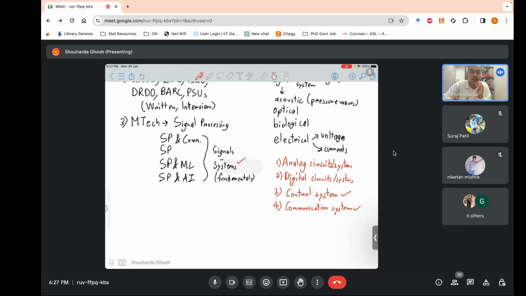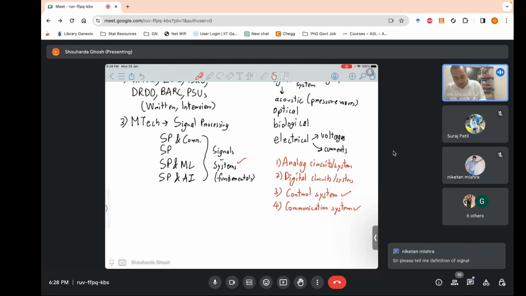Most of the signals and systems questions are such that you can do them without a calculator. In some cases these are trivial calculations, but control systems are a bit intensive. So that's from an exam perspective. And if you talk about research, I would say that, please tell me the definition of signal.